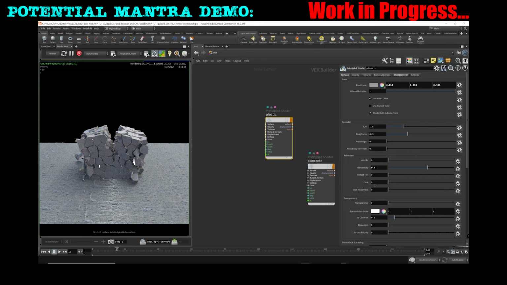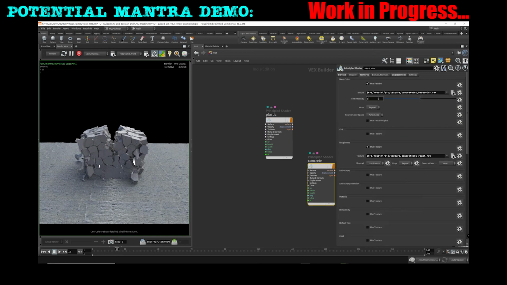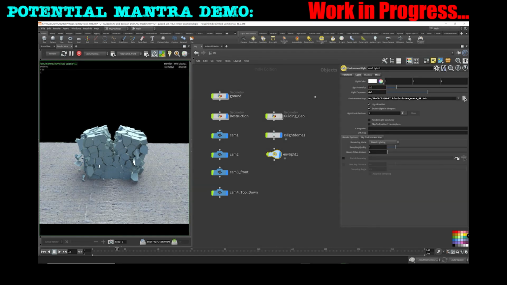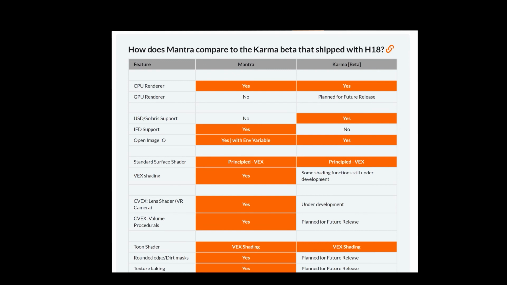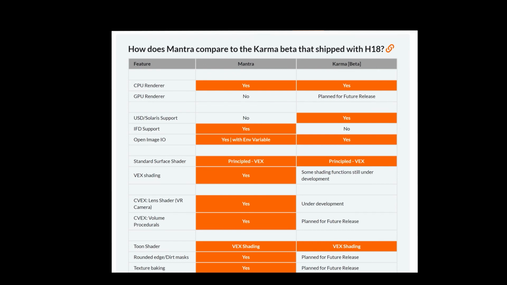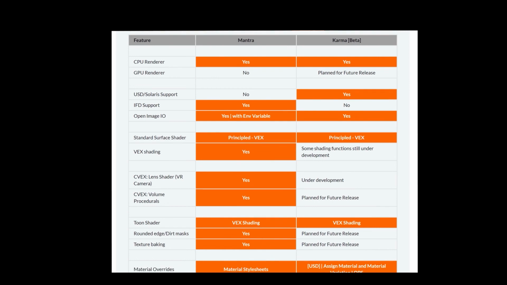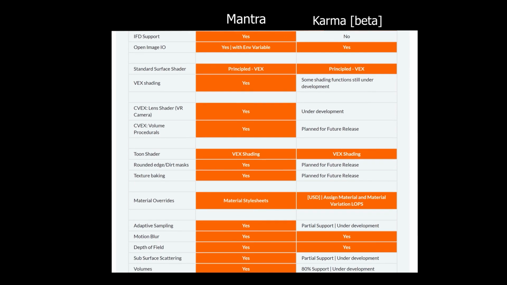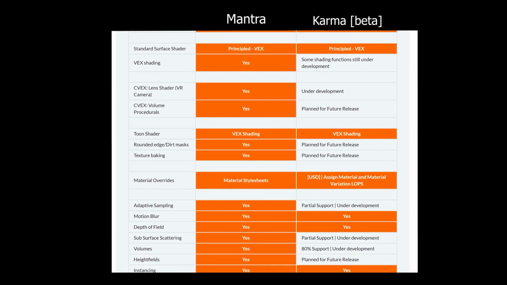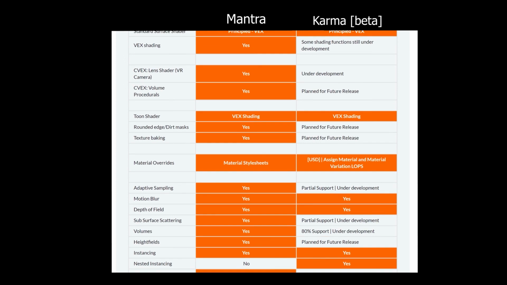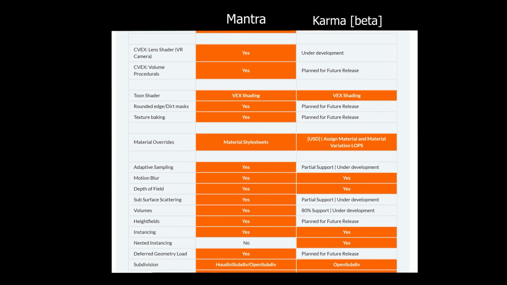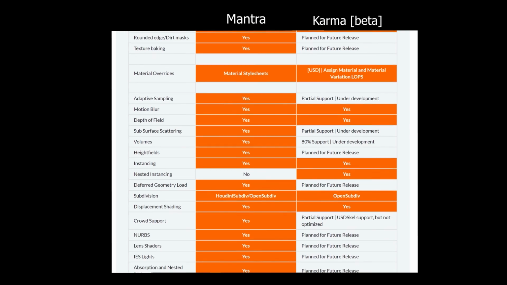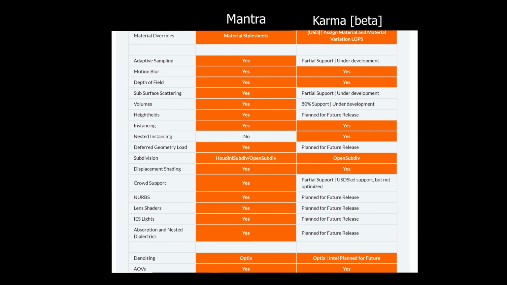It's still in the works, and even though Houdini 18 came out with Karma, which will eventually be the full replacement for Mantra, I feel like Mantra is still a topic I need to cover. Karma is still in beta. There are a lot of features that are missing in Karma and we will have to be patient. But I still value the skills we can learn in Mantra, because I think the basic concepts in shading will still be used in Karma. It's not like Side Effects is going to reinvent the wheel. There will be pieces of Mantra that will be reused. Maybe certain design concepts or some of the UI design in Mantra can still be applied to Karma. Who knows? So there's still value in learning from Mantra.